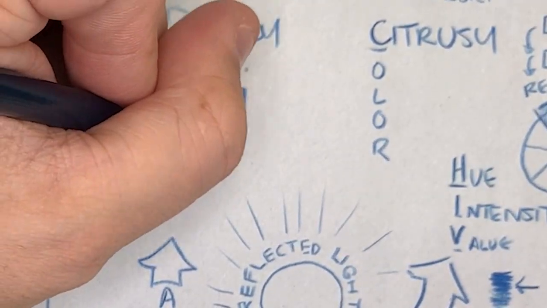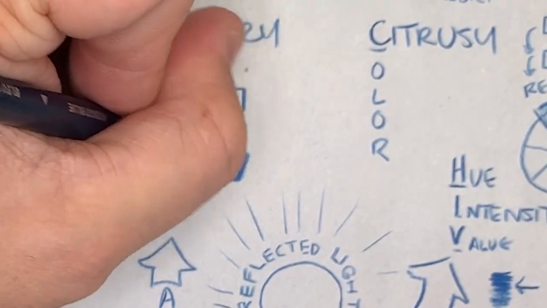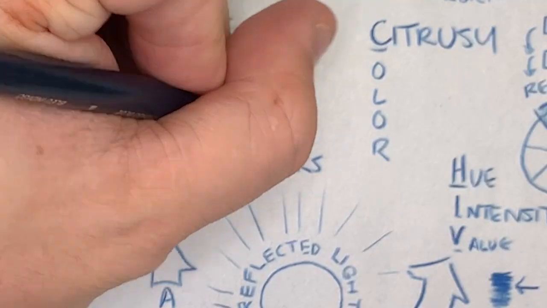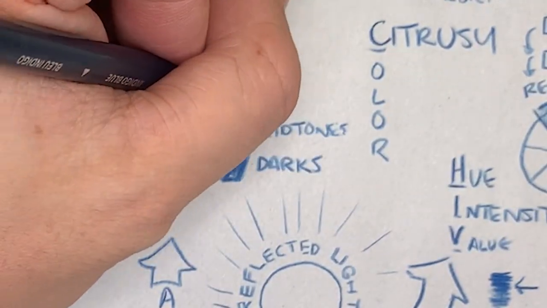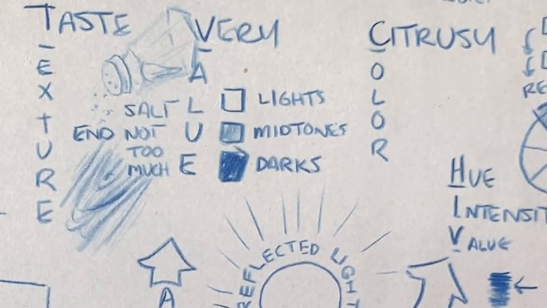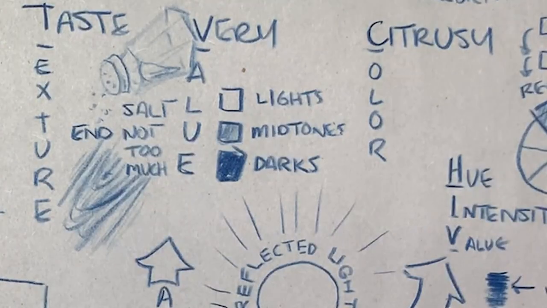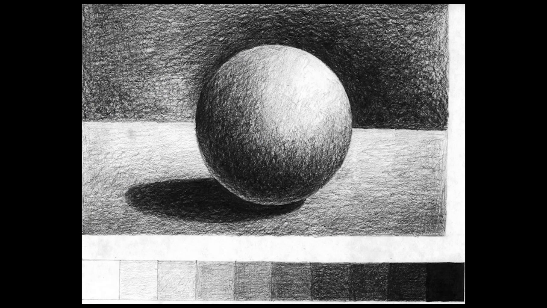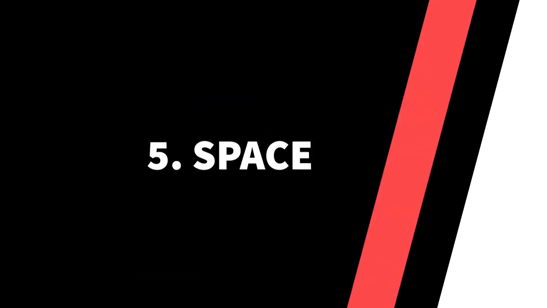Generally, we need at least 3 different tones in order to show form. We need darks, midtones or halftones, and also lights. When we use the full range of value, we can create the illusion of form. However, many young artists struggle in pushing their darks dark enough, so you might hear me tell you to push your darks. The fifth element is